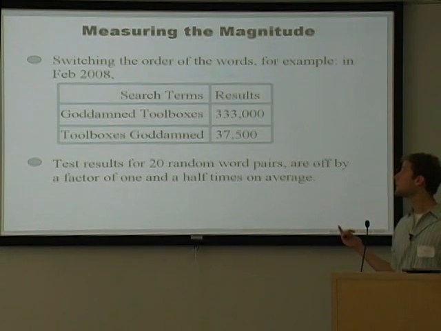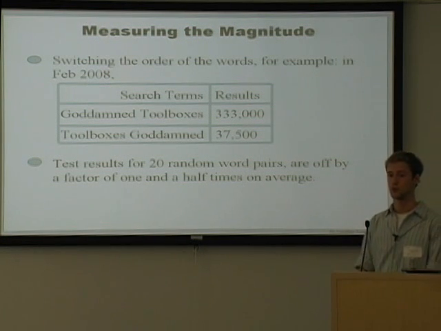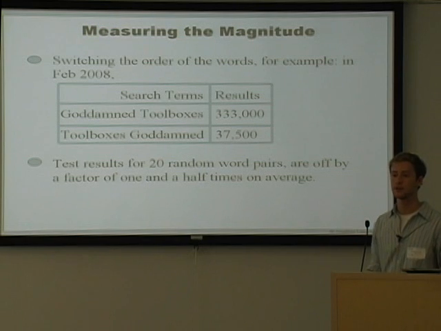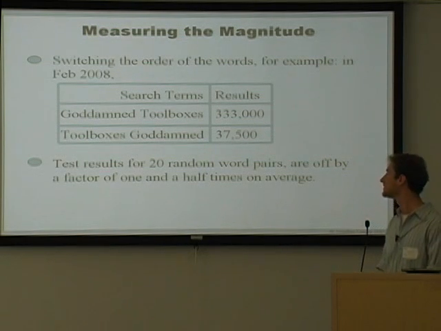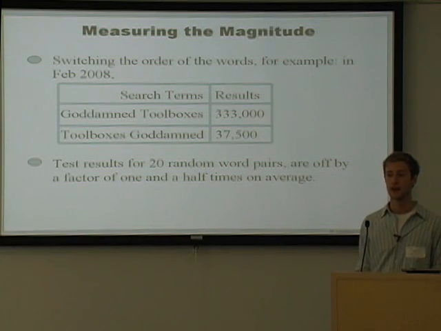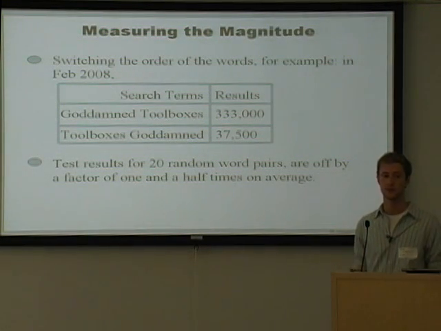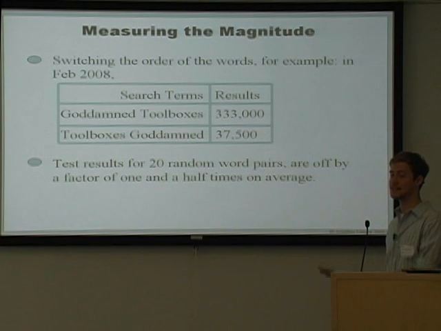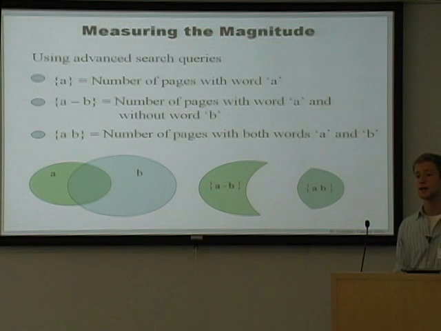So one example is the order of the search terms, which actually changes it a lot, even though clearly the actual pages that both the words appear on don't change depending on the order that you put the words in. But in this case, the number of results is off by 10 times. So in doing searches like this, I found that on average, just switching the word pair's order will get results off by 1.5 times, which isn't enough yet to explain the spread, but this is a case where that's definitely the reason for it. Also, another way to come up with a measure